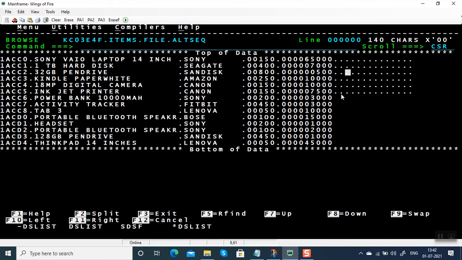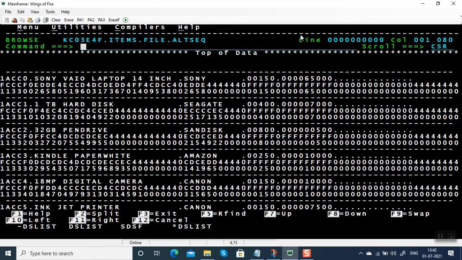I want this converted to a space. A space will occupy hexadecimal 40 in mainframe. For example, I'm giving hex on now. You can see the space. So these are spaces. By default, alphanumeric or alphabetic fields will be left justified, filled with trailing spaces. You can see all these are spaces. 40 is a space. I'm going to convert all these 00 to 40 using the alternate sequence parameter.